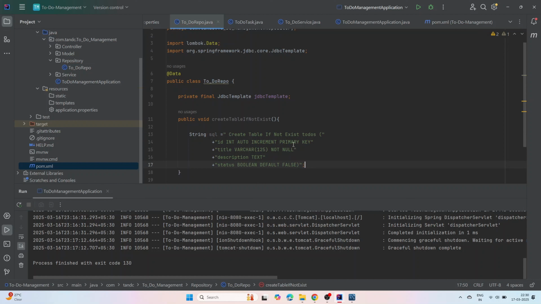So basically this is an SQL code which is required to create a table inside the database. If you don't know it, it is fine. Just follow these commands so that we can create a table. Now we need to execute this SQL query to create a table. For that we need to type jdbcTemplate.execute(sql). So basically we are executing this SQL command,